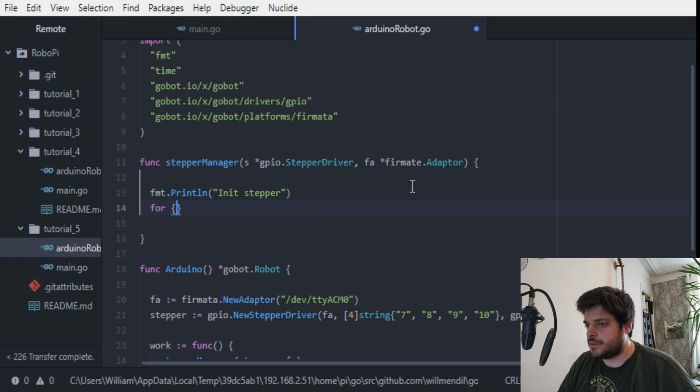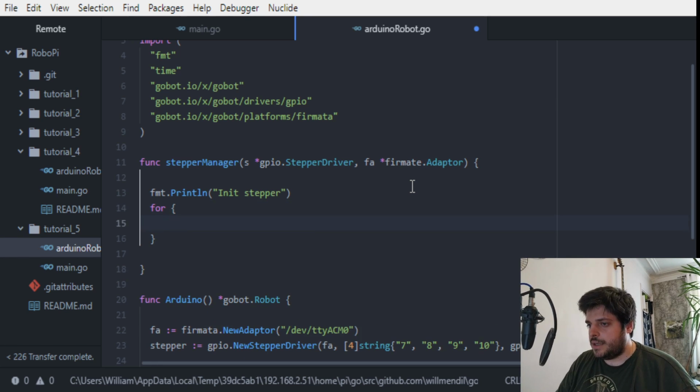Making a lot of noise. I don't know if you can pick it up, I hope not. Anyway, so